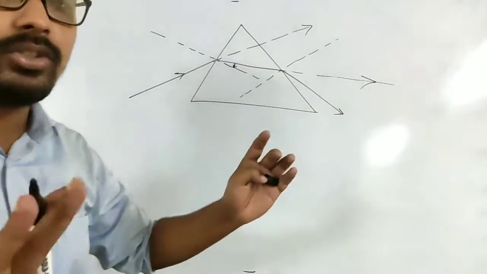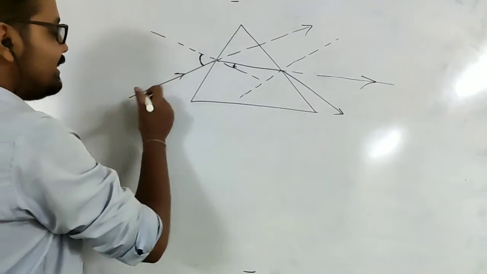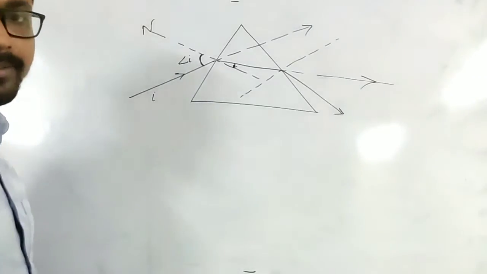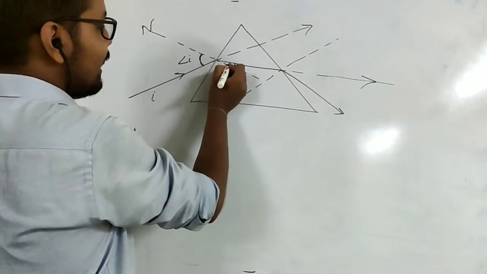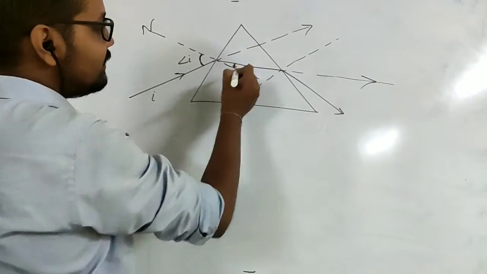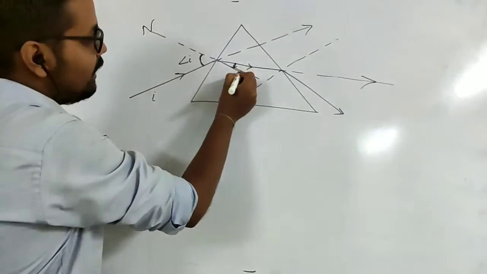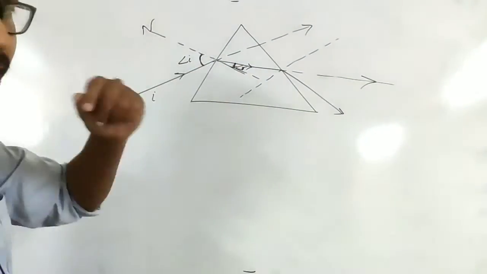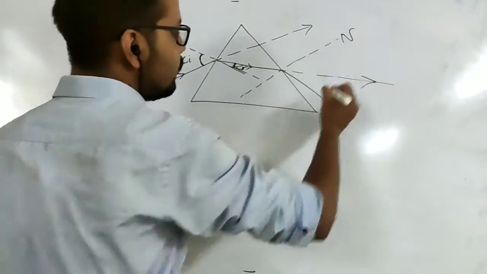different namings of different angles. So let's see what we have. This one, the angle made by the incident ray with the normal, is called the angle of incidence. You all know about it. Now we have the normal here, and this is the refracted ray. The angle made by the refracted ray with the normal is called the angle of refraction. I have written angle r here, okay? Angle of refraction.